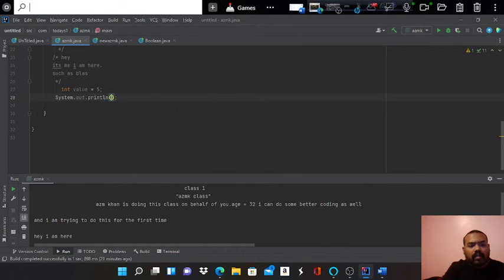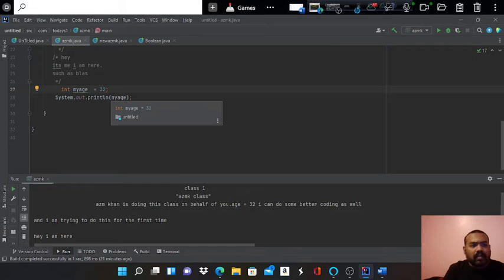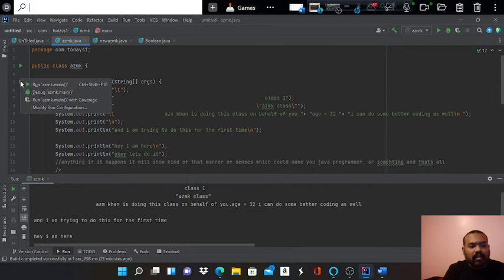So here this is the variable, and we can name it anything, like my age. Okay, if you do my age 5, my age is 5, no, my age is what, 32, right or wrong? If you just go and run this page,